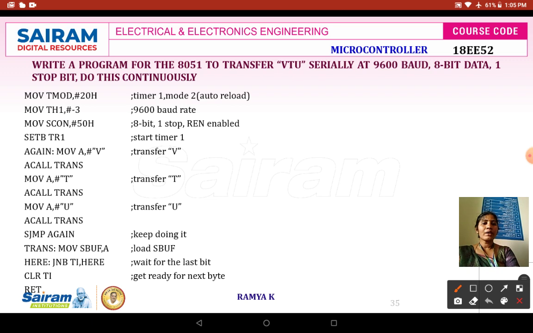SCON is also a very important register, which we load for serial control of the data transfer.